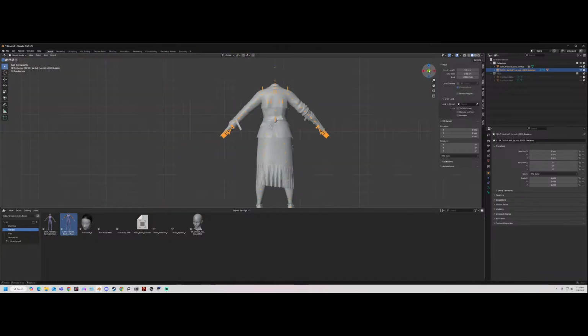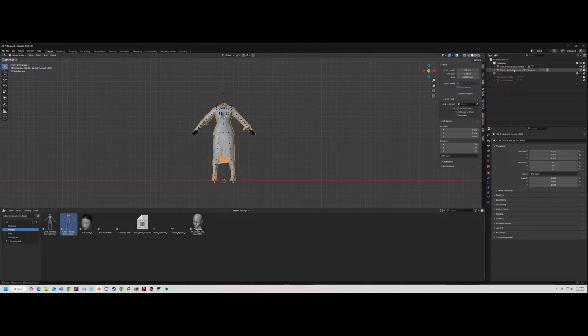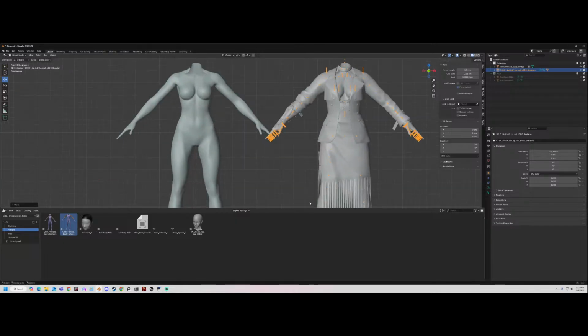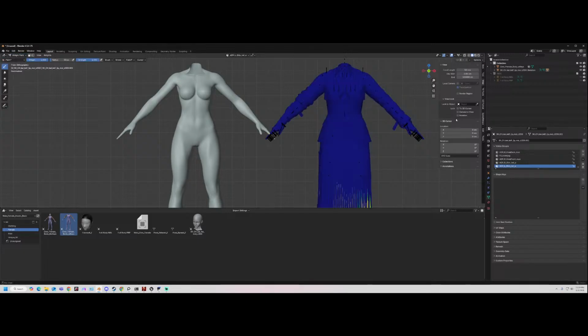that is also set up using a common setup. But if I just move her over a little bit, grab her and move her over, and take a look at her weights, right? If I click on this little box here for the data, I can look at vertex groups, right? We can go into weight paint to see what those vertex groups look like. Like scroll through them, you'll see areas. I'll scroll all the way up to the top, right? So you can see where the different weights are associated with different bones and all